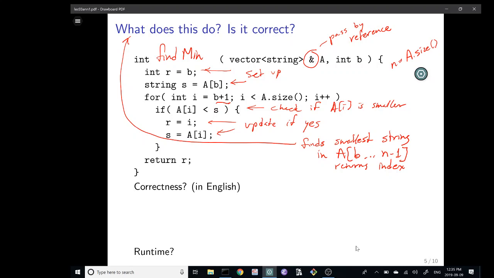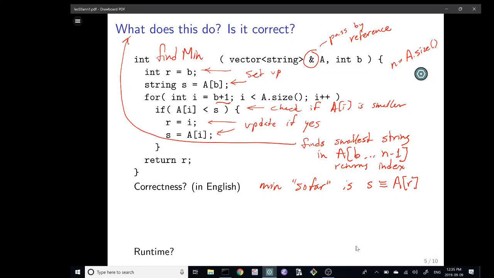So how would you say that? This is what I wrote. The min so far, the smallest string, is S, which is identically equal to the rth value in the vector.